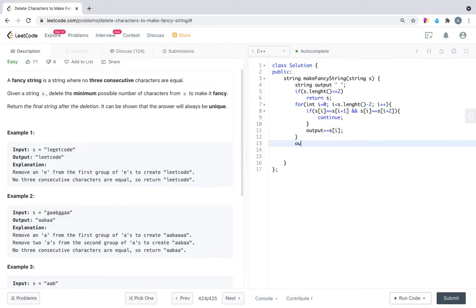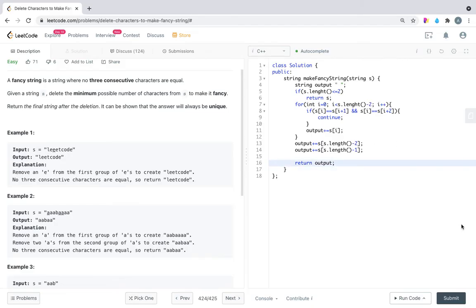So at last, output plus equals the substring of s from s dot length minus 2. This will append the last 2 characters of the input string, and now we can return output.